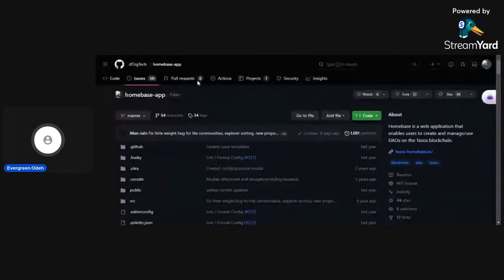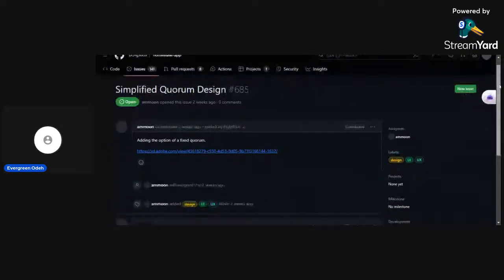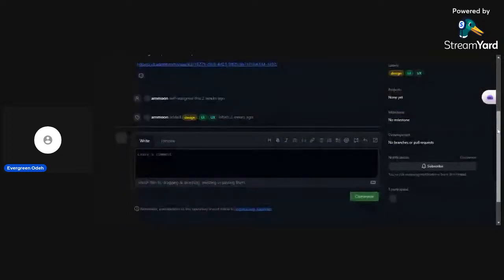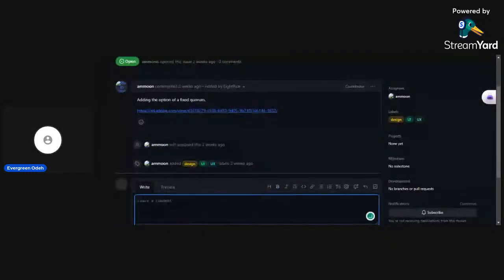Okay, so it says simplified quorum design, adding the option of a fixed quorum. This issue has only been assigned to one person. You can actually ask to be assigned to this. So let's just try this out.